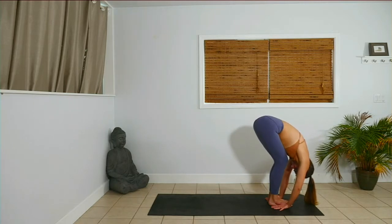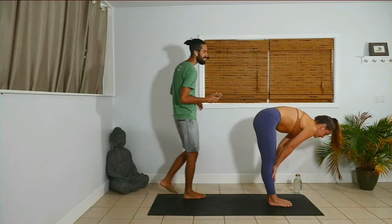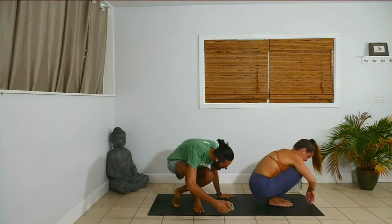Inhale, lengthen your torso, halfway lift. Exhale, tuck and curl all the way down to a seat. Take a moment to maybe towel off, grab some water, and feel free to write in the chat anything you liked,